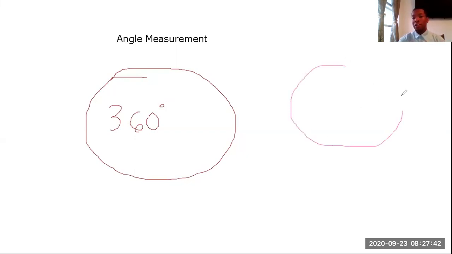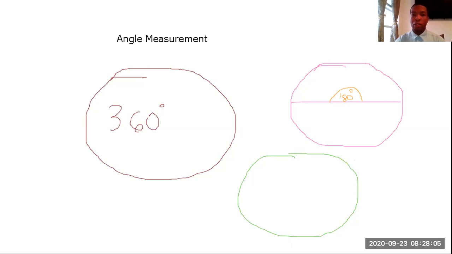So if, for instance, I had another circle, and I split it in half, all right, then now I'm going to look at it and say that measurement is 180 because it was split in half, 180 degrees. And similarly, if I have another circle, this circle right here, and I say, let me split it in 4. Then I'm really looking at what is this angle right here, and it's 90